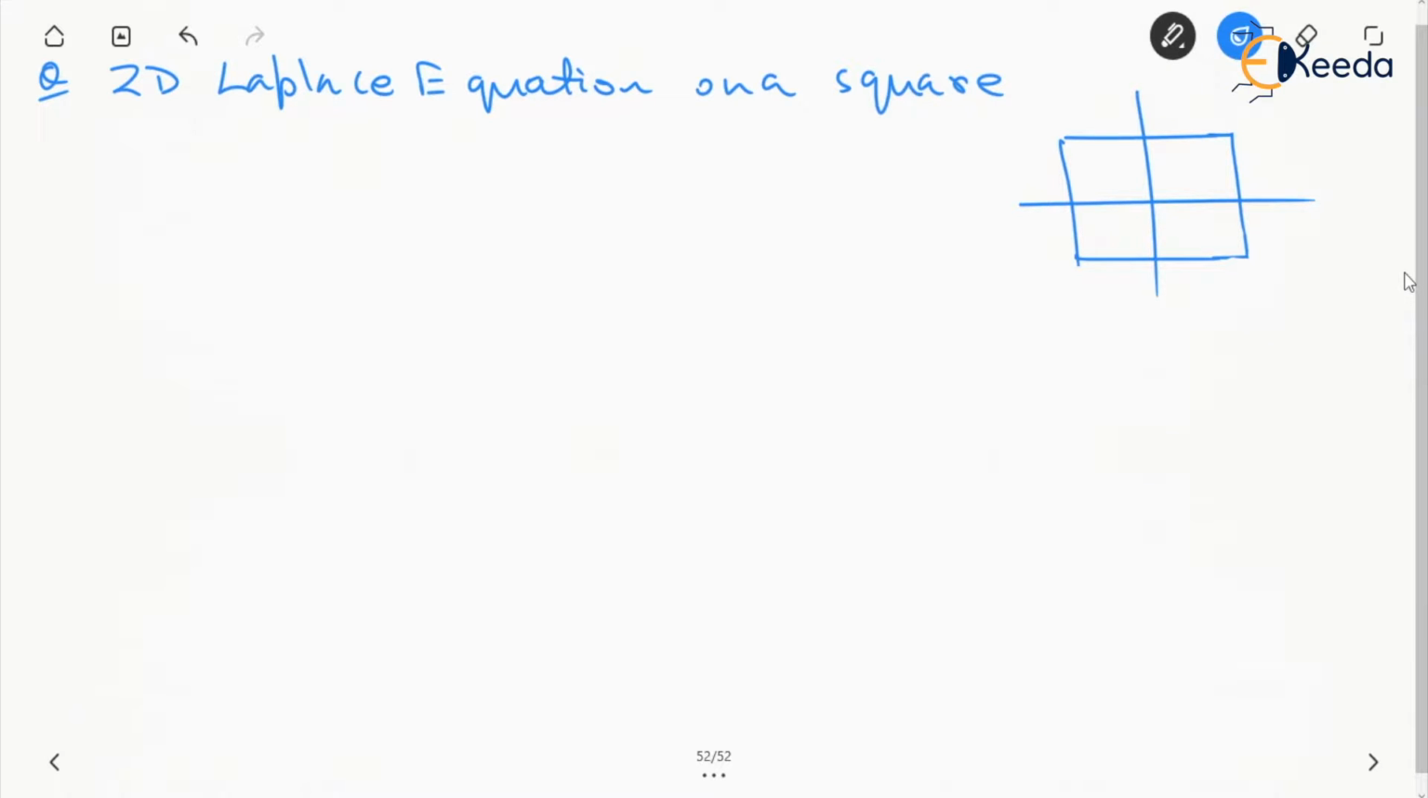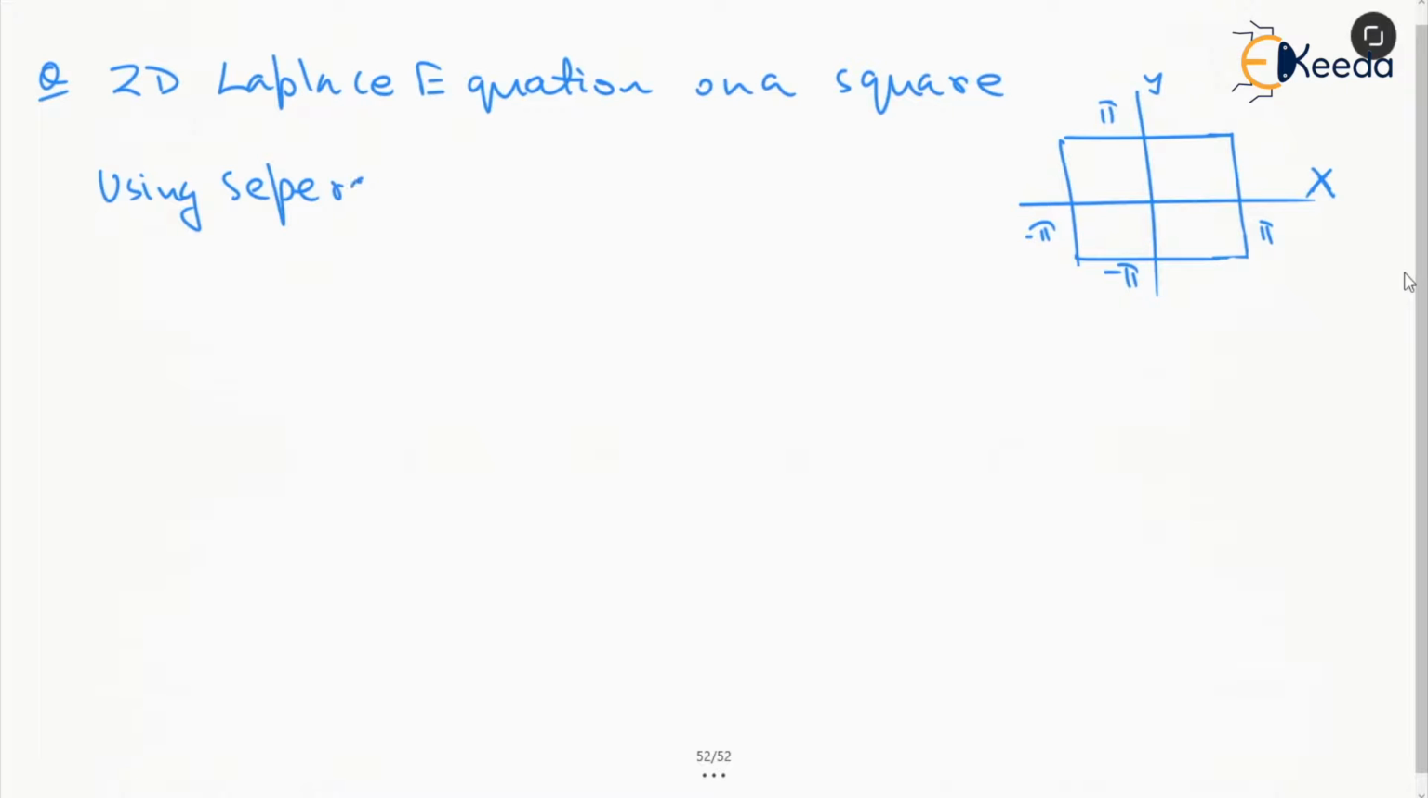So this is pi, minus pi, pi and minus pi. This is y and this is x. So we have to use the separation of variable method, separation of variable to solve the boundary value